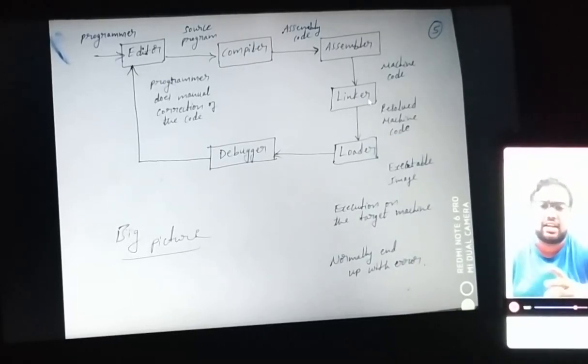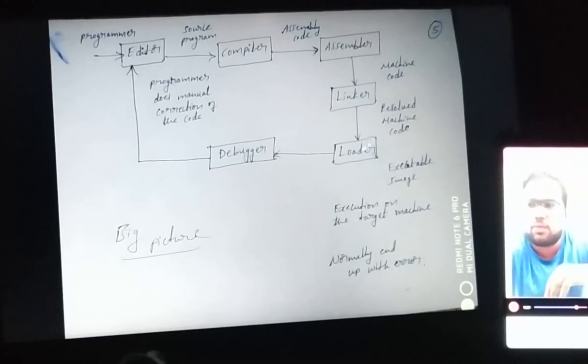There you have to resolve the conflicts between the machine codes and identify properly which memory, which opcode, which register, which stack, and which addressing line it is accessing. To get to know that, you need to go with the loader.